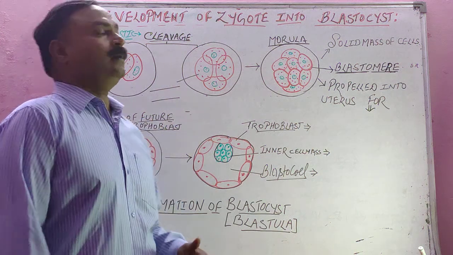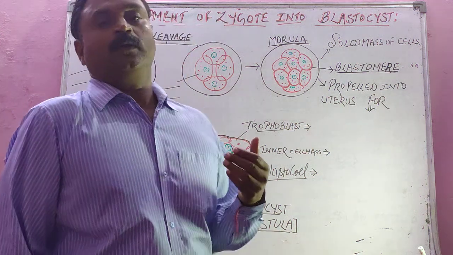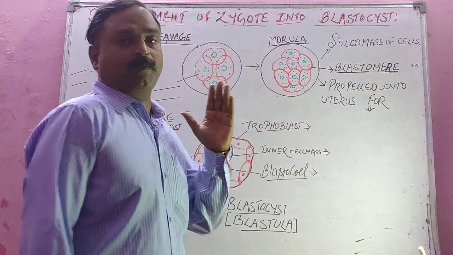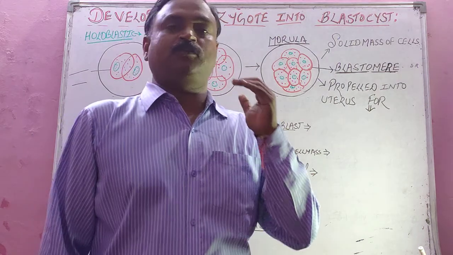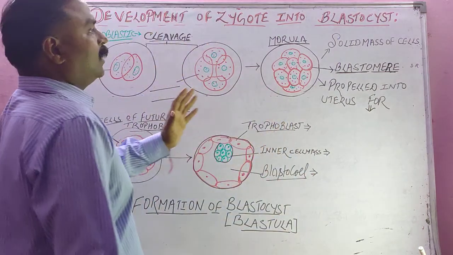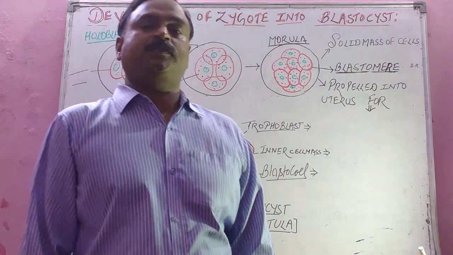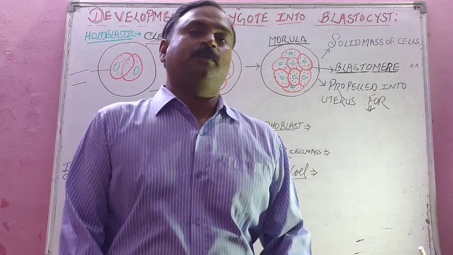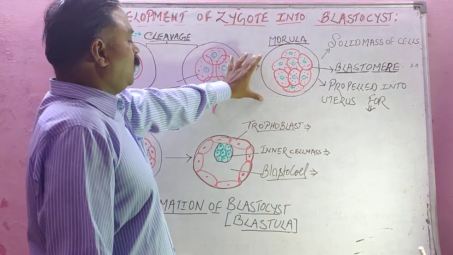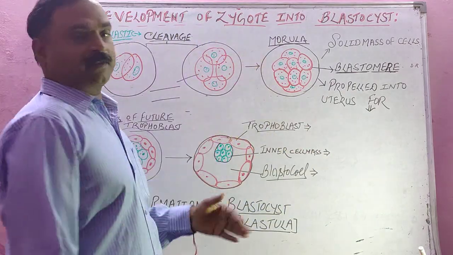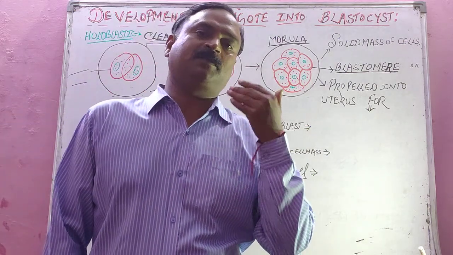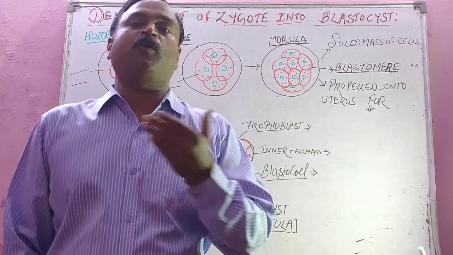Student, this question is about the development of zygote into what we call blastocyst. This is in the course up till the stages of blastocyst or blastula, isn't it? Development of zygote into blastocyst stage, that is also called blastula. Student, this is very important for your practical also, because a slide of this morula stage and blastula stage is kept in your question number 3 practical in spotting.